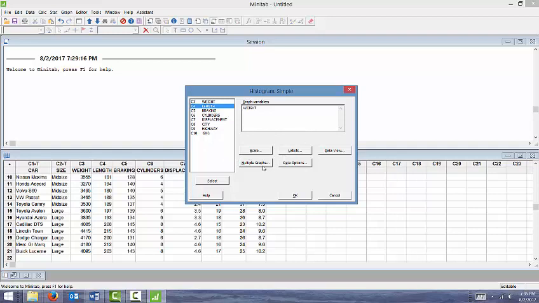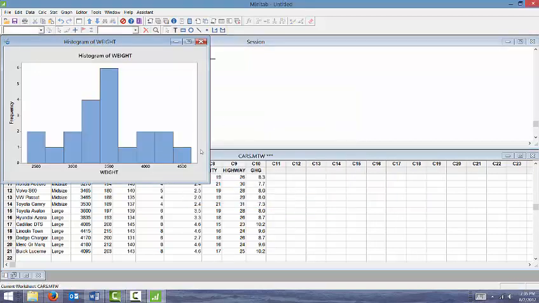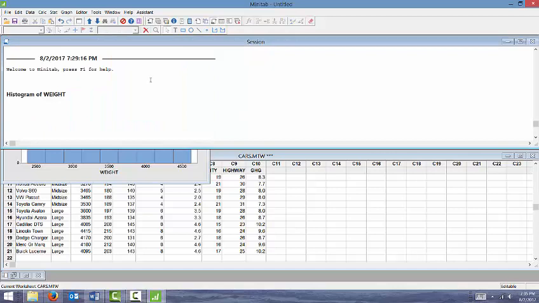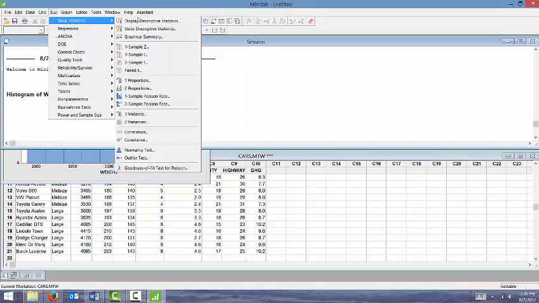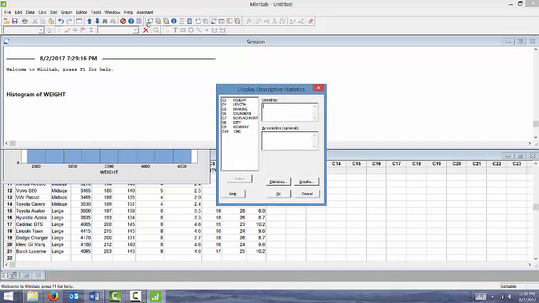I'm not going to do anything special with this. I'm just going to do a histogram of the weight, and then I would just click on OK, and it will bring up a histogram for me. So pretty easy to use, and we could also do some statistics, get the basic stats, display descriptive statistics,